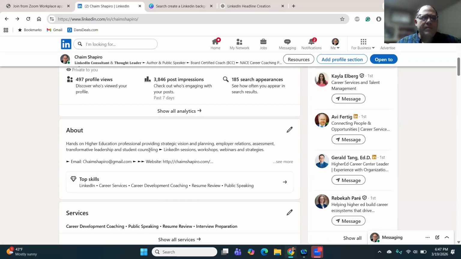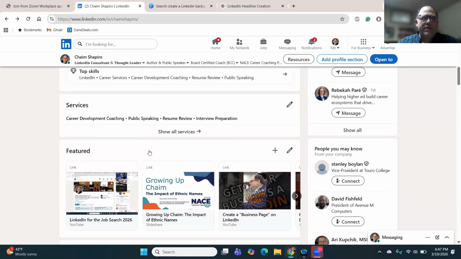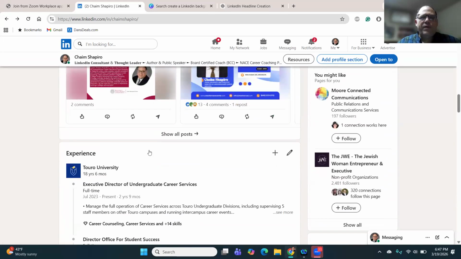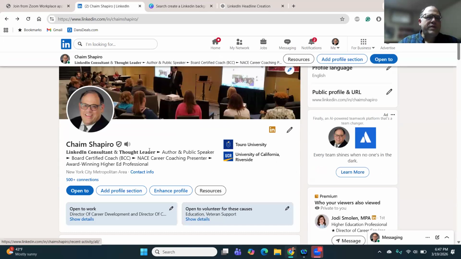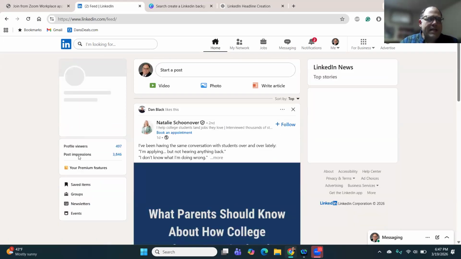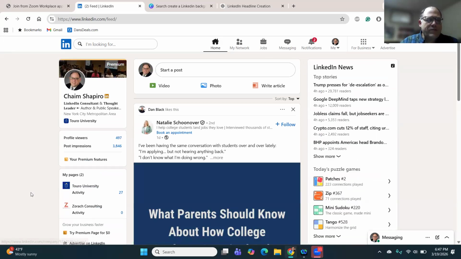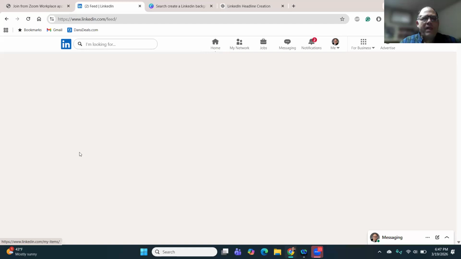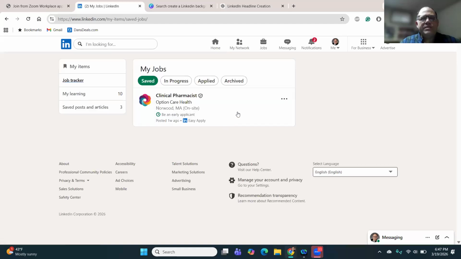Okay. In any event, you could save it, get back to it a little bit later, and make sure that you're actually able to apply for those jobs. I wonder if they moved it. Now this is going to bother me. Maybe they moved the saved items. That's right, they moved the saved items over here to the right. That's why. One of these LinkedIn changes, saved items is over here now. And this is where that job is, and I can go back to it later.